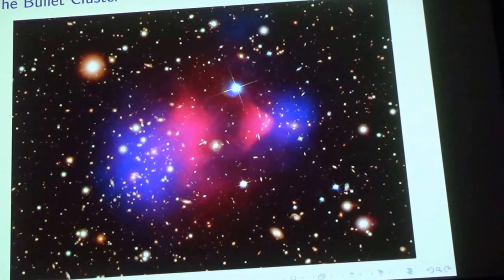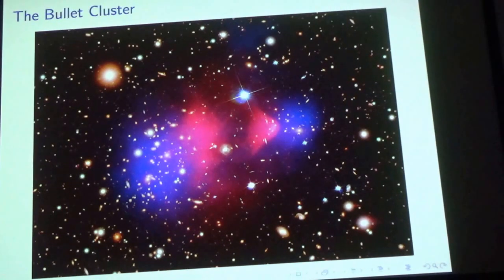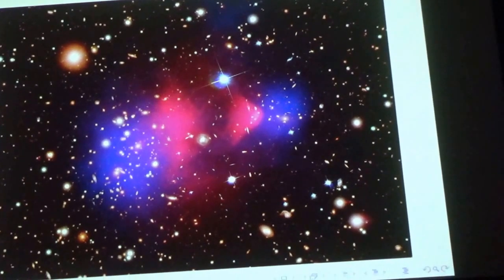So you might say, well, the blue stuff is interpreted as dark matter. But then you'd say, well, how do we know it's even there if we can't see it because it's dark? And the reason we know that the blue stuff is there is because we can see in the pattern of the galaxies around this